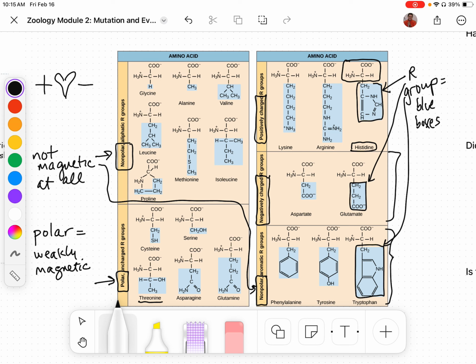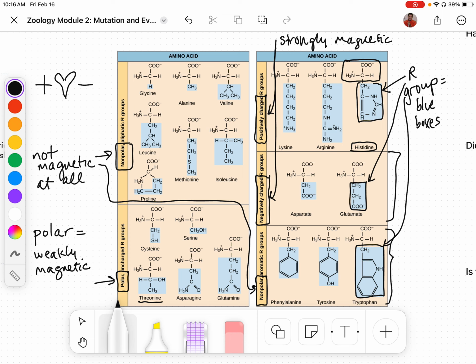So then that leaves us with positively charged R groups and negatively charged R groups. And these are going to be our ones that act strongly magnetic. There we go. Okay, so these are kind of our options for how the different amino acids are going to interact with each